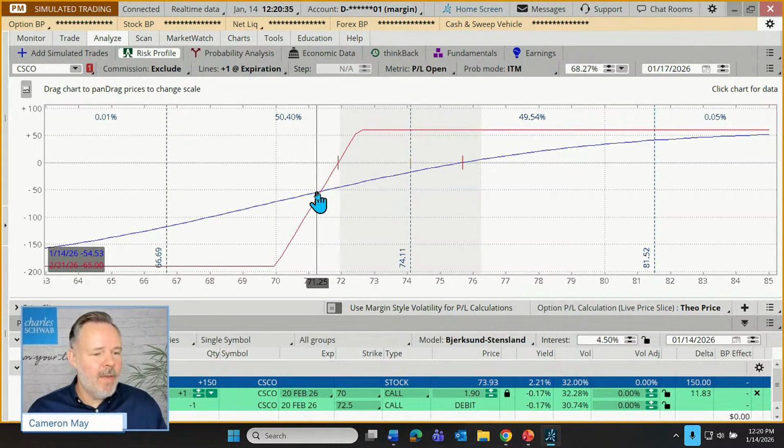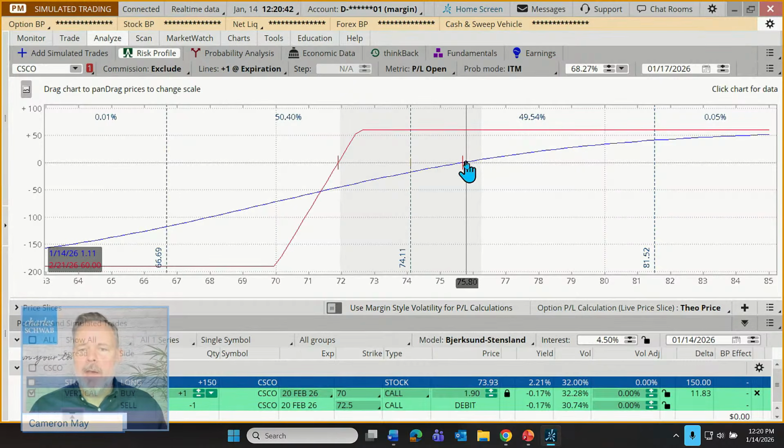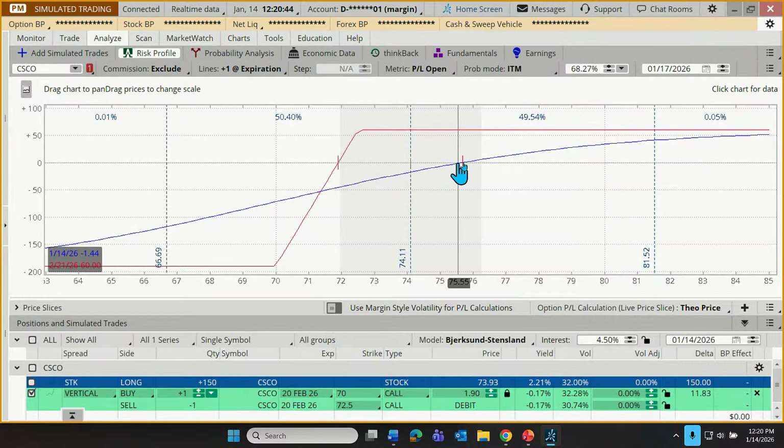Malo Simon says, what are the percentages on the top? I want to talk about those. All right, but let's finish our discussion of this line. Now, obviously, it's nice to have a line that can show us how our trade might do today. Well, what if our stock takes some time to move?